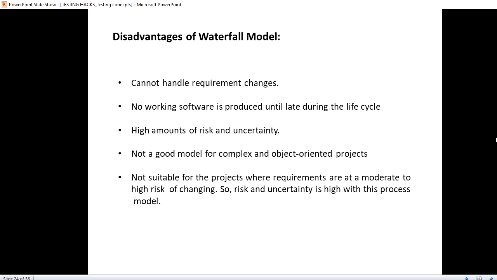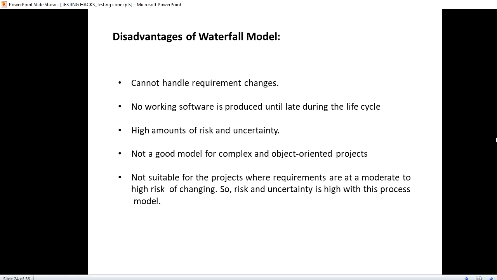When it comes to the disadvantages of the waterfall model, we cannot handle requirement changes. This is a big drawback of the waterfall model, so we cannot prefer it in that case. Also, no working software is produced until late in the life cycle. There is a high amount of risk and uncertainty, which is the risky part.